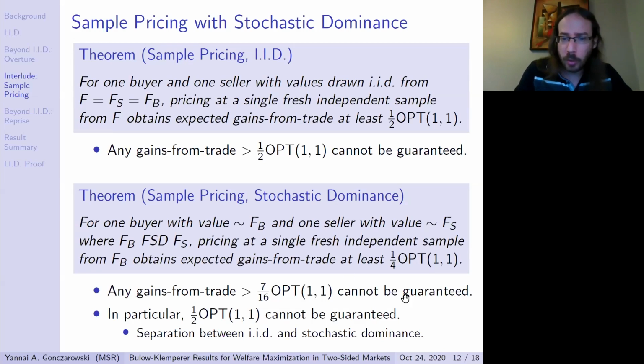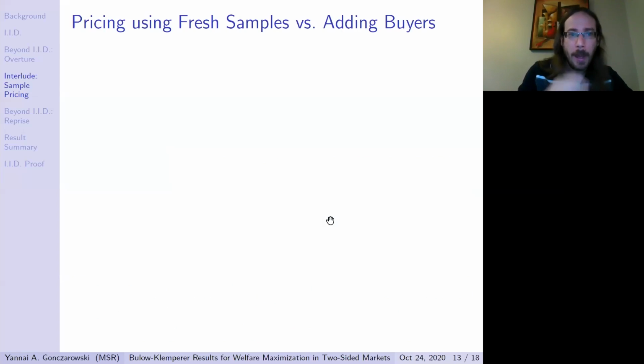We don't know how to show that 1/4 is tight. We do know how to show that you can't get more than 7/16, and this number is crucially important because it means that you can't get 1/2. So there is really a separation here between IID and stochastic dominance. So you're probably still wondering what this has to do with the original result, the original question that I asked you. So let's talk about